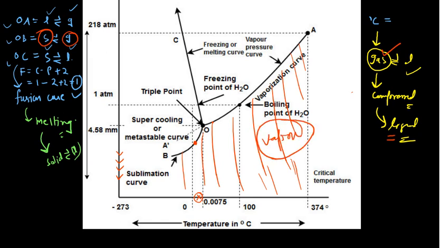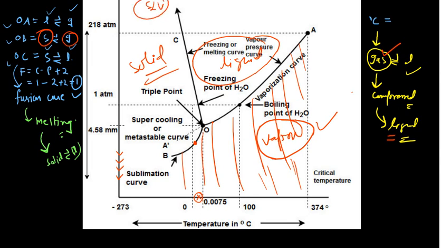And earlier you have seen this region is for liquid water, and since this is for water vapor, this will automatically belong to the solid ice. So this is something very, very important. You can write this trick, which is known as SLV, and it is very easy to remember. SLV, and you move in the clockwise direction. Okay, SLV and clockwise direction. So S stands for solid, L stands for liquid, V stands for vapor.